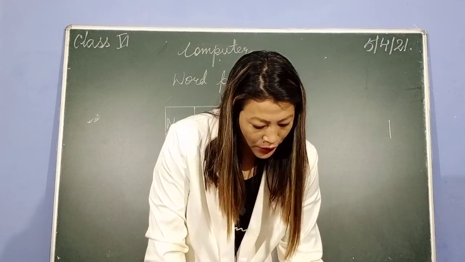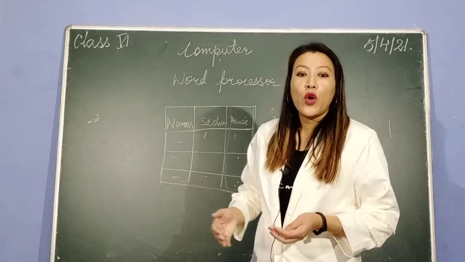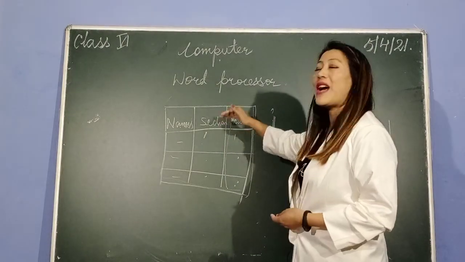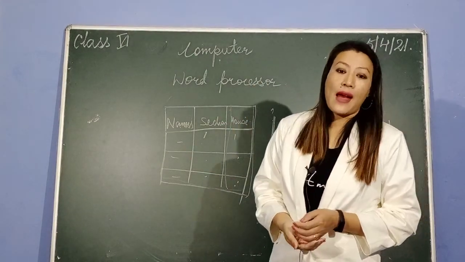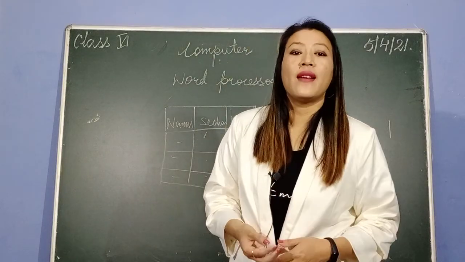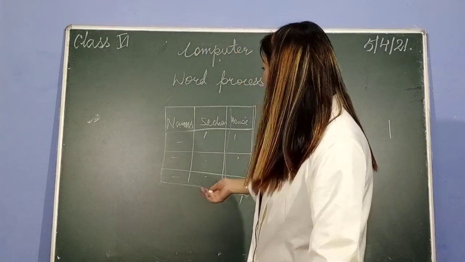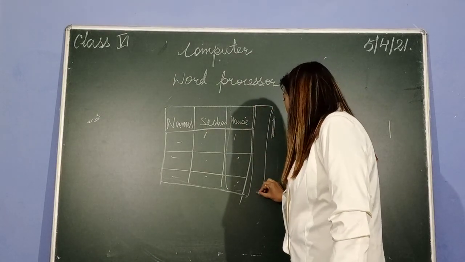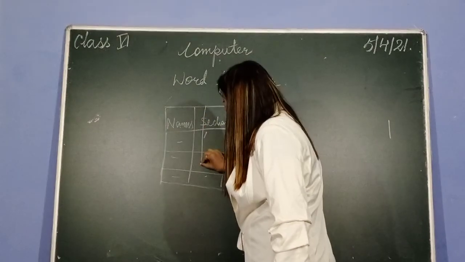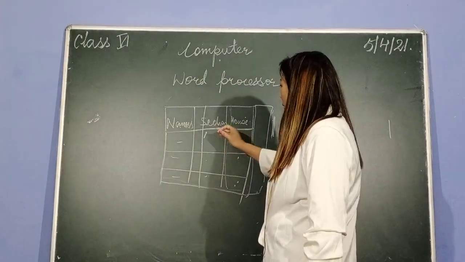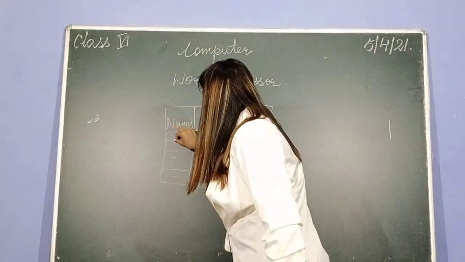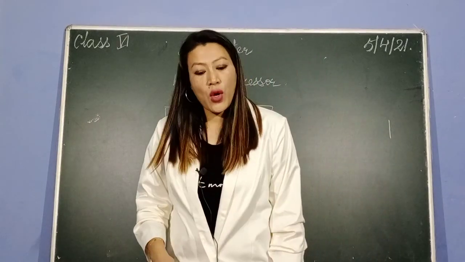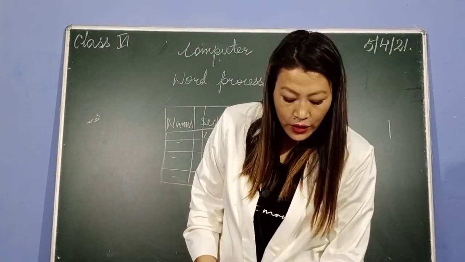Now, after you finish that, if you want to add more columns or more rows, you can add them later on also, like you can edit it. Here I have only 3 columns. If I want to add one more column here, or in between the table, or one more row in between the rows, that is also possible, which comes under editing of the table.